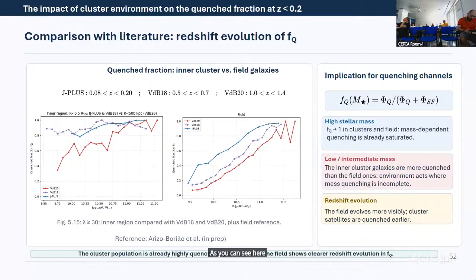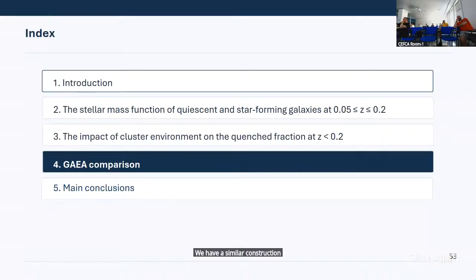So at low redshift, the field is still evolving, not in the inner region of the galaxy. But we can see that at 0.5 or 7, almost we have a similar quench fraction. So now we have the observational data, and we will compare with a model